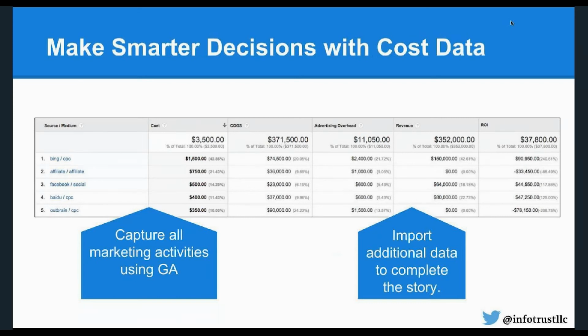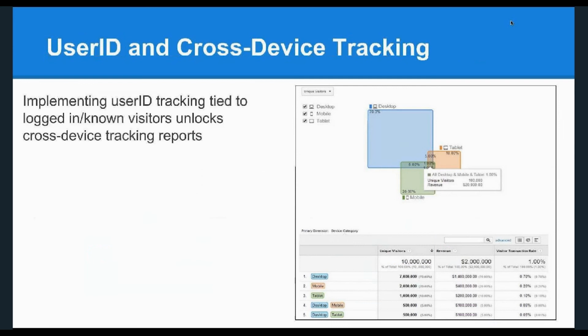And this information is now telling us a much more accurate story, and it can tell us if we're actually losing money by advertising on one of those channels, if certain campaigns are actually losing money for us. So again, what we are trying to do by bringing additional data, in this case into Google Analytics, is to tell a more complete, more accurate story, because then the story will help us build insights and make the decision of what to do next.